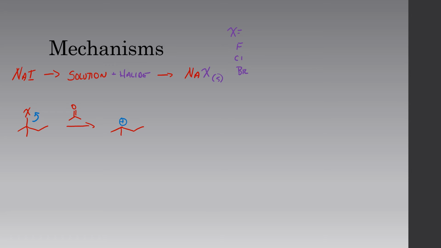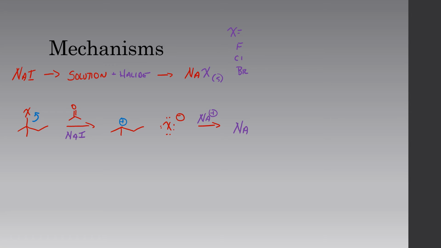We have our X minus there that gets formed, our halide. And if we do this reaction in the presence of sodium iodide, if that X that we started out with is anything except for an iodide, it's going to precipitate out. We're going to do this reaction here where the sodium will react with the X minus, and we form our